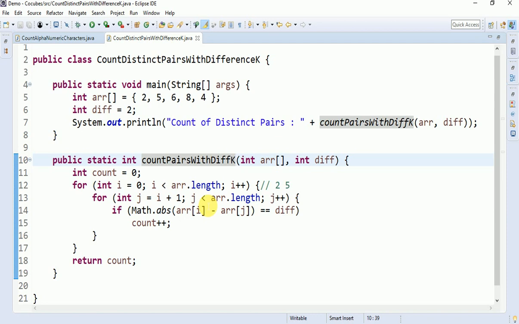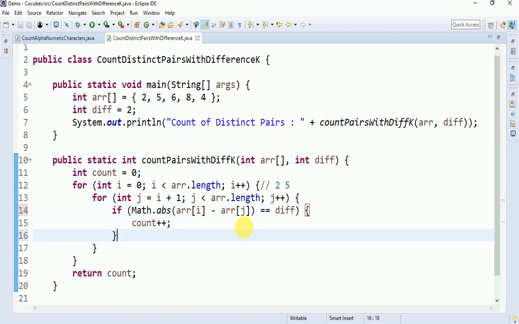Okay, print distinct pairs and print all possible pairs. So in that scenario, instead of count, if they ask you to print possible pairs, what to do? Let me show you that also.